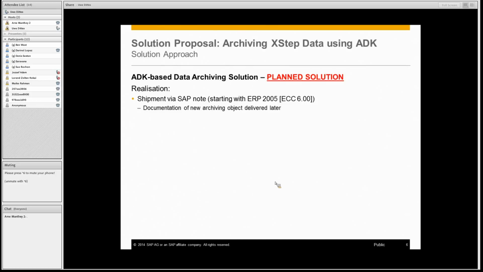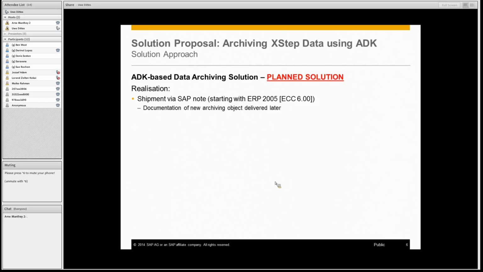Why? Because when we started developing our XSteps and also the archiving solution, there was no information button and also no possibility to have a separate documentation for the archiving object in the standard. For the new one, we'll ship this standard documentation later on,